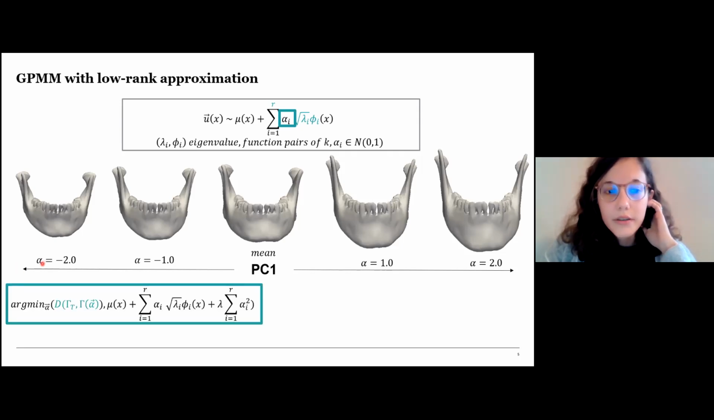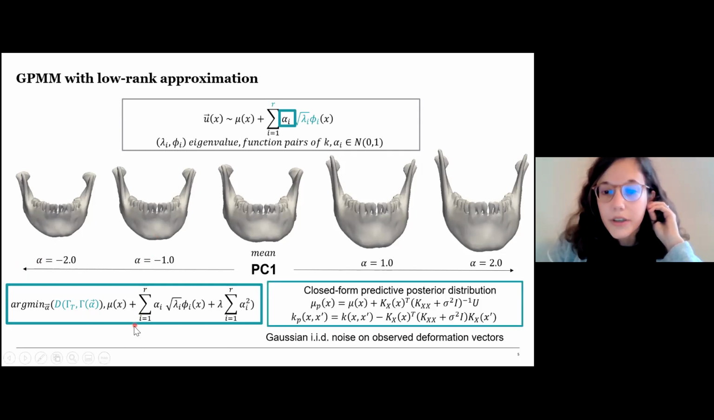And this is usually written as an optimization problem where we have a target shape and a reconstruction, which is defined by alpha. We try to find the alpha which gives us a sample that is as close as possible to the target. And instead of writing this as an optimization problem, we can also use the Gaussian process to get